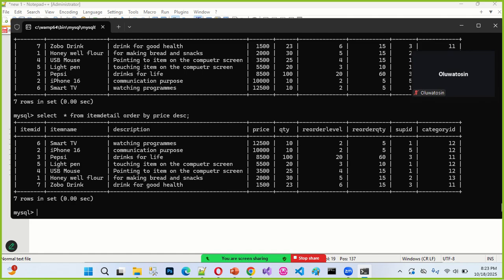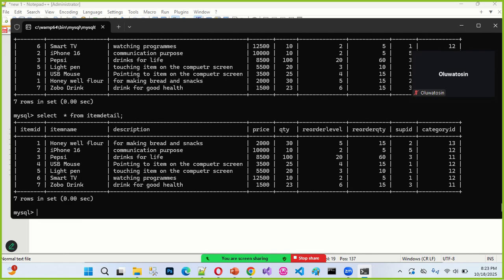So maybe for example, these are the records we have in our database table. They now say, display the top 3 products with the highest price.